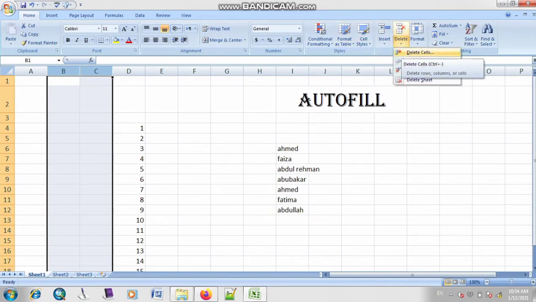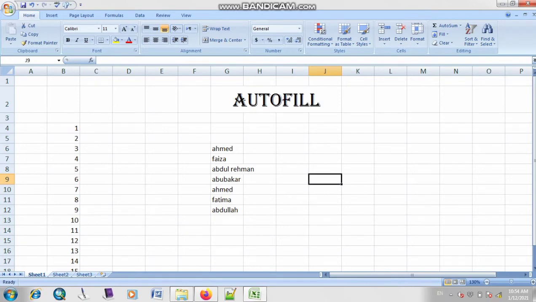So what is the use of autofill? The autofill feature is basically used if you want to insert automatically values which you have already stored in the sheet of Microsoft Excel. So what is the advantage of using the autofill feature? What is the advantage of using autofill feature? Herman, yes, tell me, what is the use of autofill feature? Right, autofill feature basically fills the values automatically. We don't need to type values again and again. It will take a lot of time if we are typing the values or names again and again.